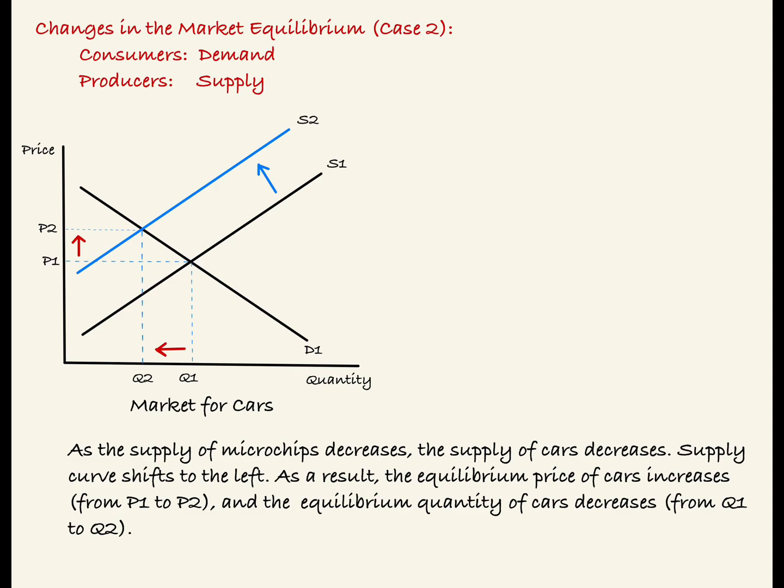Let's take a look at our second case of changes in the market equilibrium. In our example, we're looking at the market for cars. Note that D1 represents the original demand curve and S1 represents the original supply curve. Now here's our scenario. As the supply of microchips decreases, the supply of cars decreases. Thus, the supply curve shifts to the left. In our example, the supply curve shifts from S1 to S2. As a result, the equilibrium price of cars increases from P1 to P2, and the equilibrium quantity of cars decreases